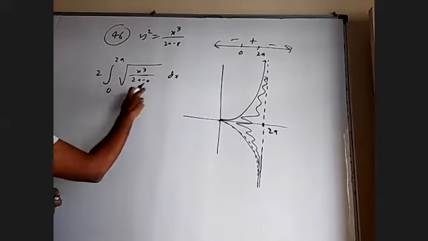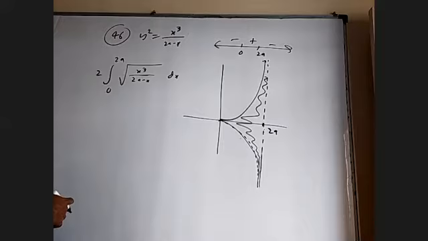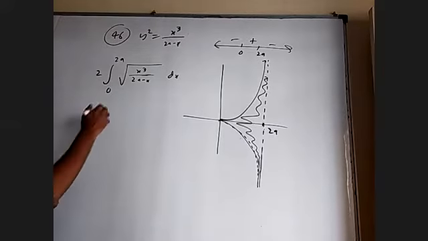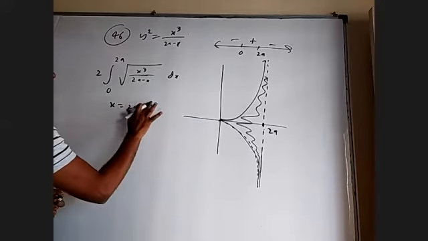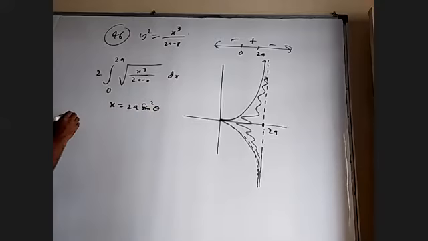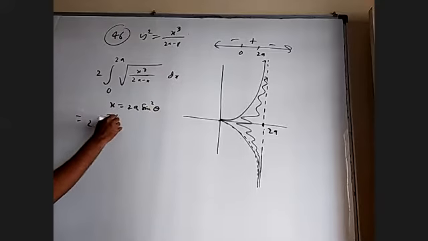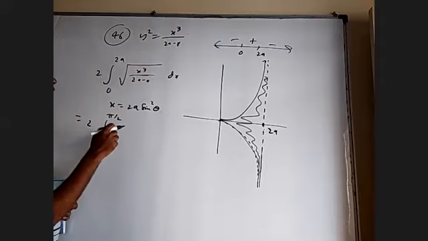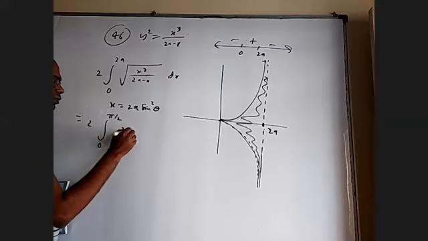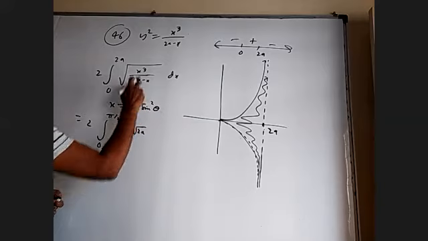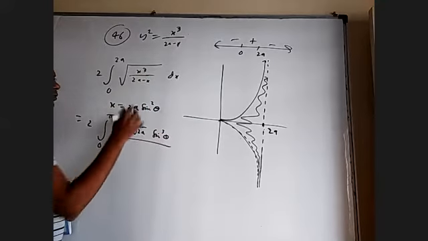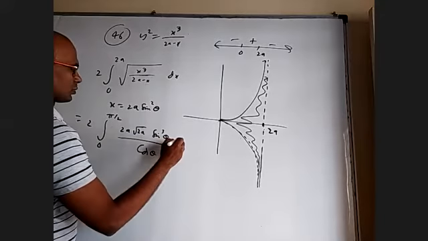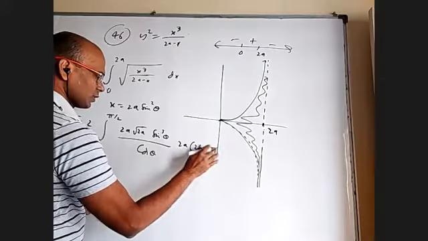I can take root 2a minus x as t. This is x root x. Or I can take x as 2a sine square theta. Let me see what happens. x as 2a sine square theta, 2 times, it will be 0 to pi by 2, obviously. When I put this in the numerator, root 2a whole cube, it will be 2a root 2a. Sine square theta whole power 6 is sine power 6, and so it becomes sine cube theta. Down one cos theta will come. dx is also 2a into 2 sine theta cos theta.